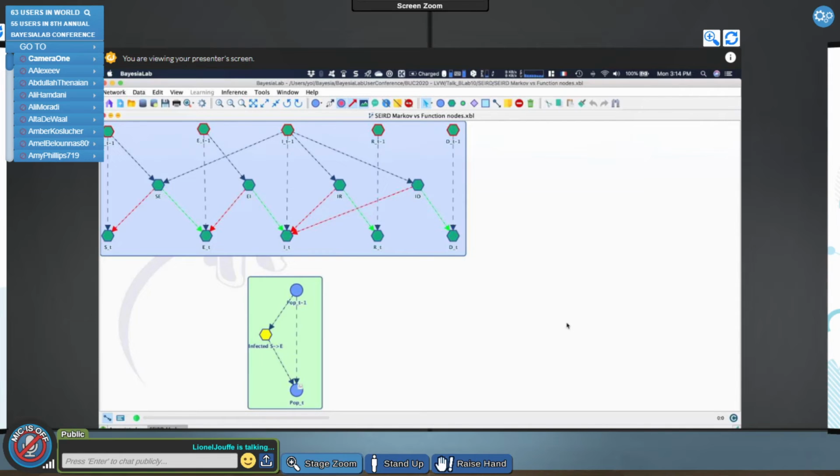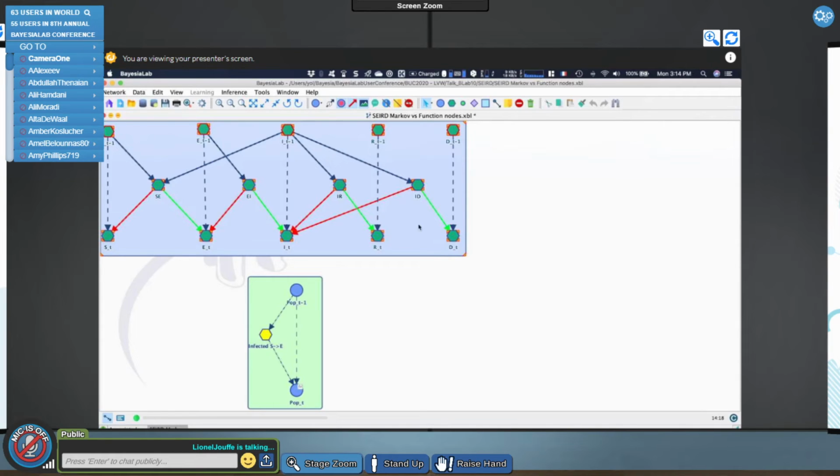Now we do have that. So you see that a function node can have a temporal relationship with its temporal clone, if you will. So in BayesiaLab, even though it's not a Bayesian network here, these nodes are just function nodes without any random nodes, and you can simulate differential equations with that.